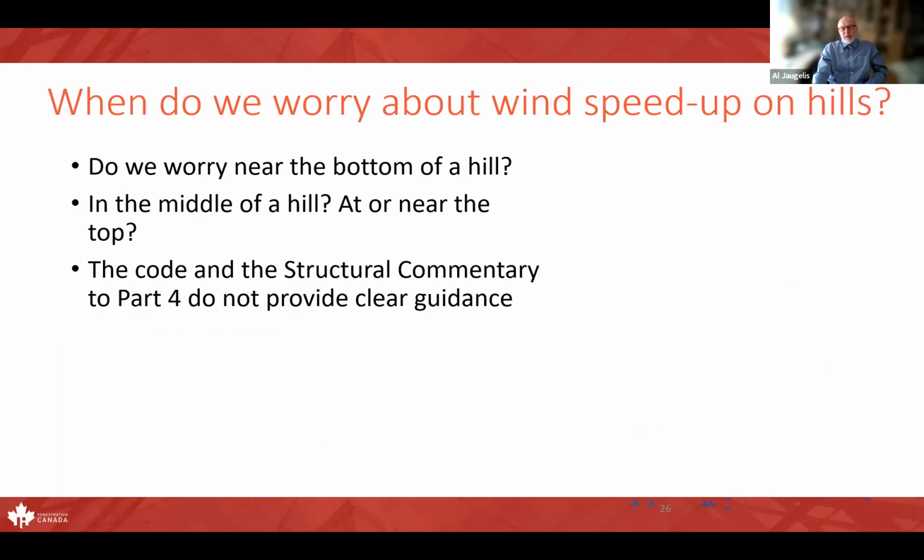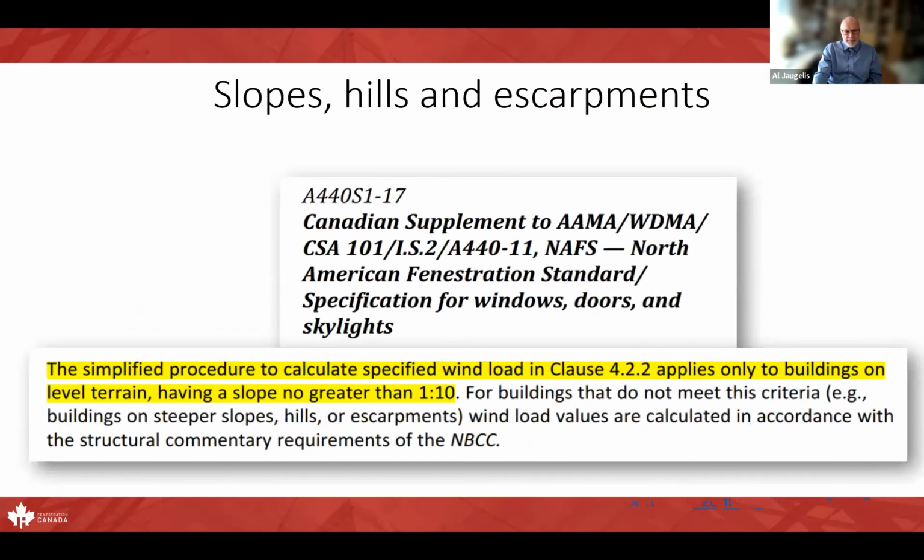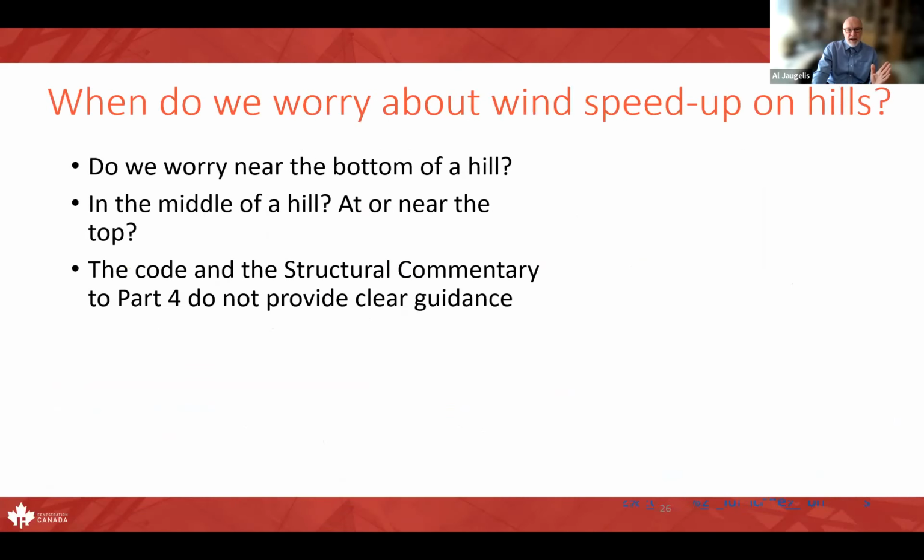But the guidance, when should we worry about it, has been kind of lacking. As we saw, what the Canadian supplement told us here was having a slope no greater than 1 in 10. So let's say you are on a gentle slope of 1 in 10 or 1 in 12, or 2 in 10, but at what point is it a problem? Is it a problem at the bottom of the slope? Is it a problem at the middle of the slope? Is it a problem at the top? The Canadian supplement didn't give us any guidance in this area. And so